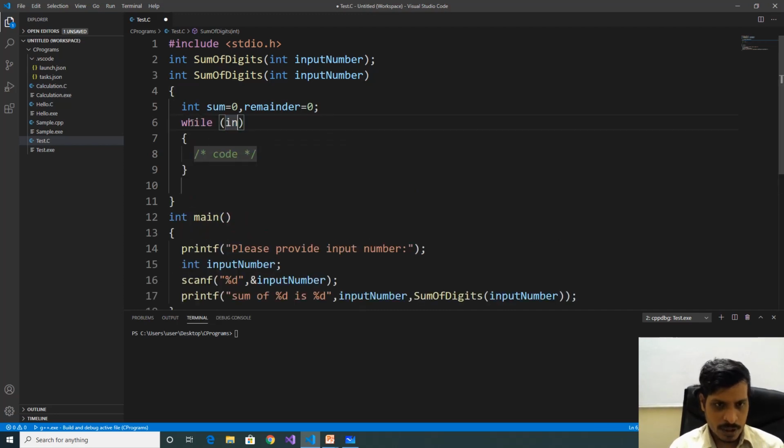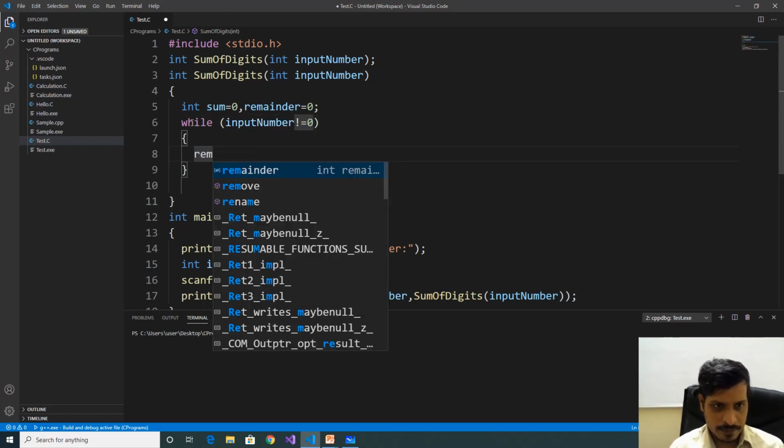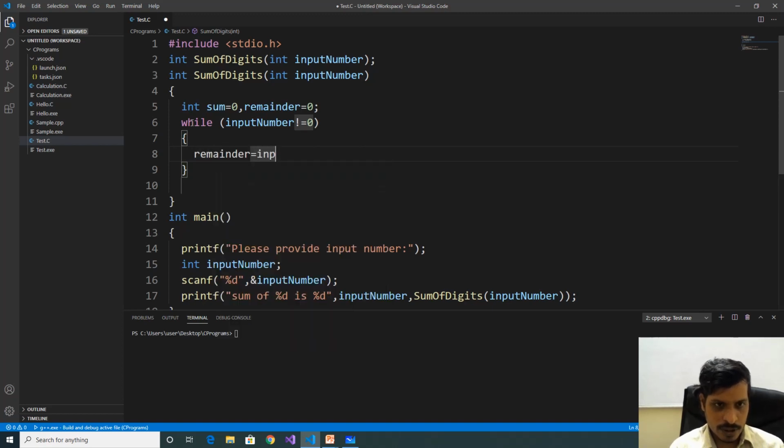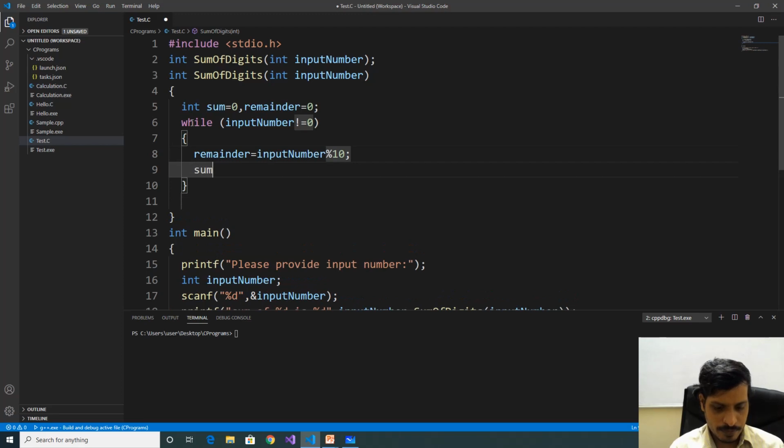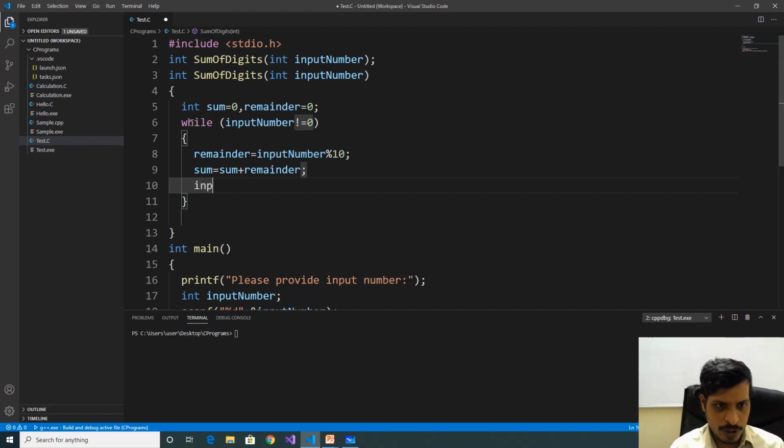While input number not equal to 0, remainder equal to input number modulus 10, sum equal to sum plus remainder, input number equal to input number divided by 10.